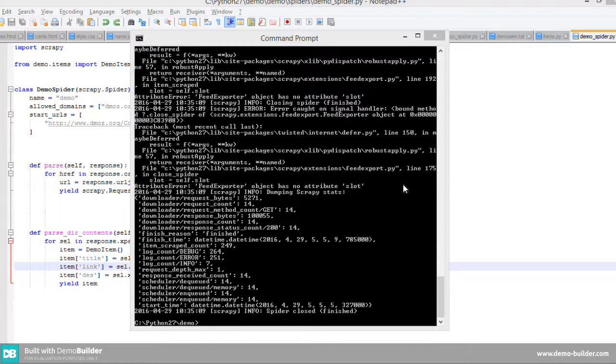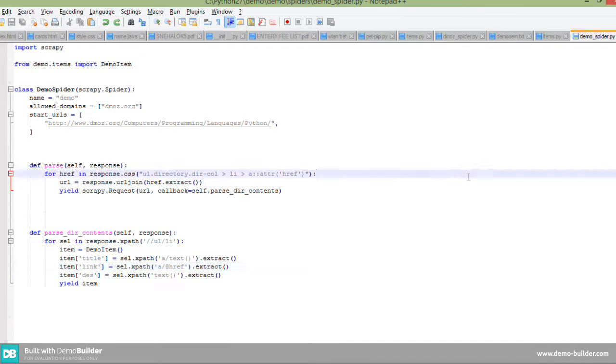Now I go to the advantages and disadvantages of Scrapy. The advantages are that it's free and open source. You can run it, you can buy it, it is freely available. It's a Python package, and it's cross platform. It can run on Windows, Linux, Mac OS, FreeBSD and so on. It is fast and powerful because it runs on Python. It's a Python package, so it has all the advantages of Python also.